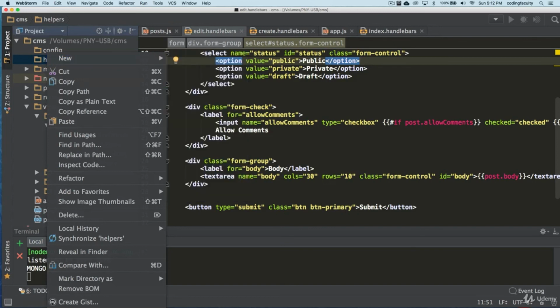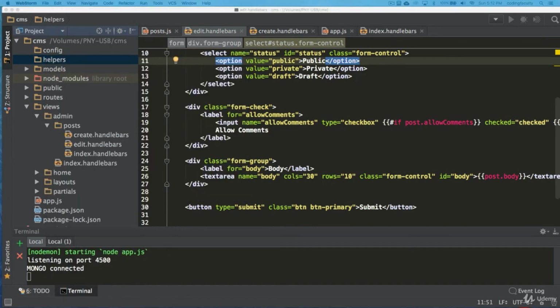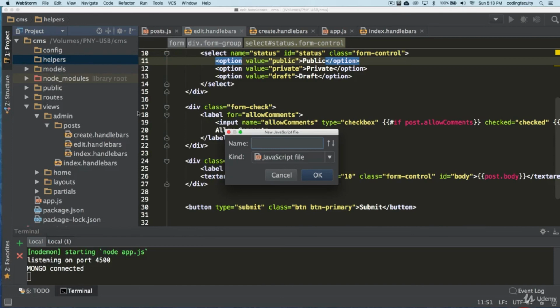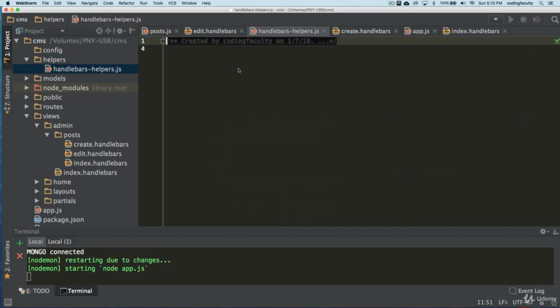This is going to be a JavaScript file. Let's call this handlebars-helpers.js. That's what we're going to call it.